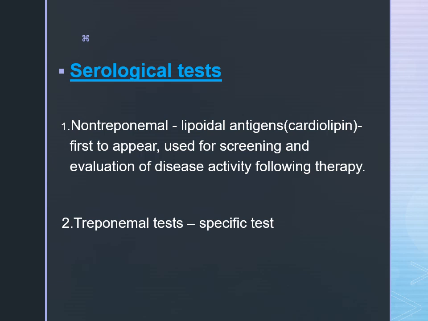Actually we are detecting the antibody against the cardiolipin antigen, and it is said that this bacteria has this cardiolipin antigen, but this point is not clear, because it is still under query whether this antigen belongs to the bacteria or to the damaged tissue of your body, which has been damaged by